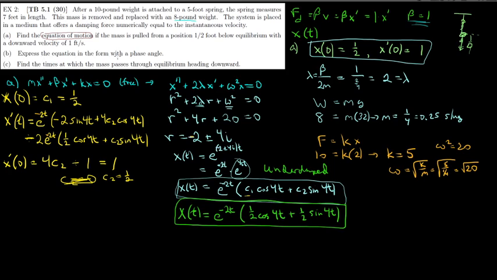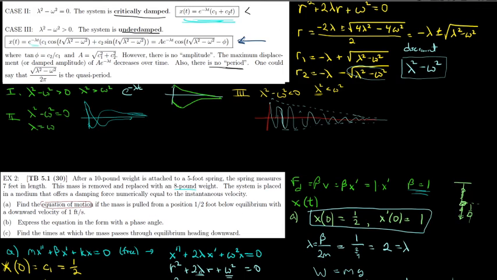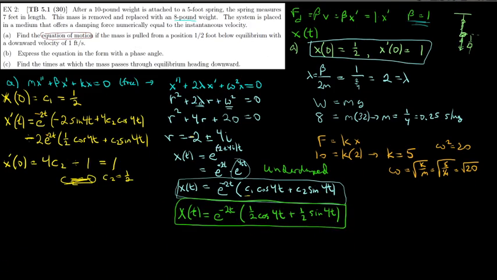Part B is express the equation of motion in the form with a phase angle. So let me scroll back up here so I remember. Yep, we want this form right here for the phase angle. So in other words, we want to find this phi here. So we want to write this equation down here in the form of